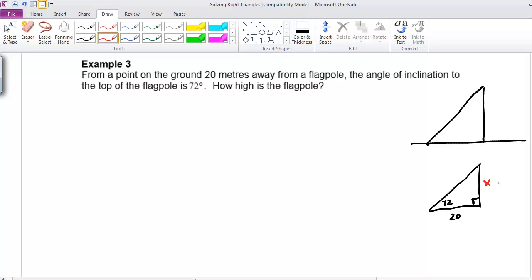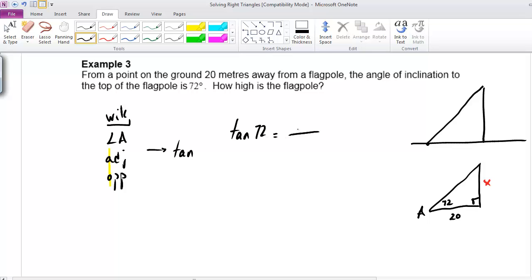So there's my picture, and now I go through my process. What I know. Well, let me see. I'm going to call this angle A. I know angle A. I know the side adjacent to angle A, and I want to know the side opposite of angle A. And here's that information that tells me which ratio to use. SOHCAHTOA. There's the O and the A. There's my tangent ratio. So the tangent of my angle, and my angle here is 72 degrees, is equal to